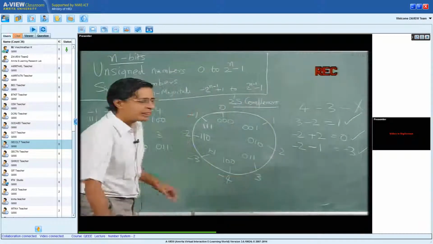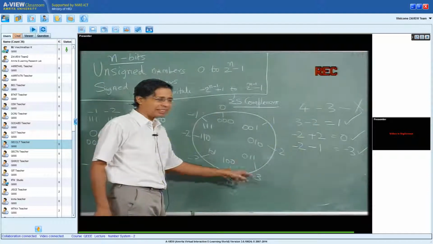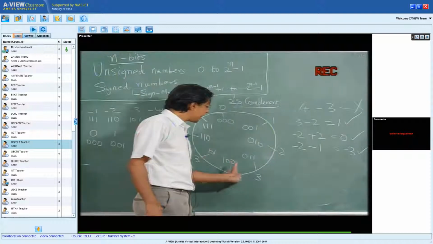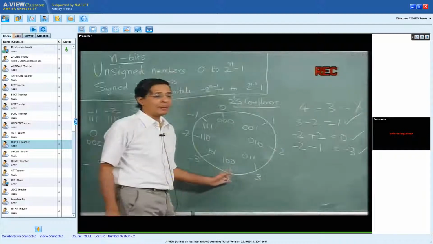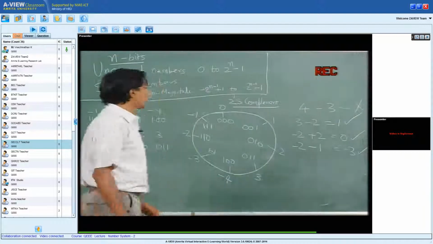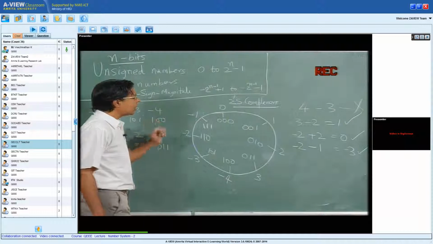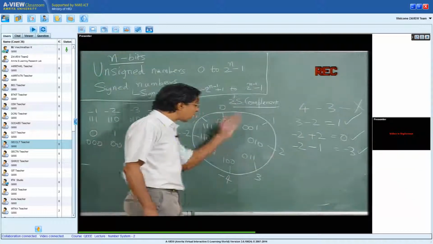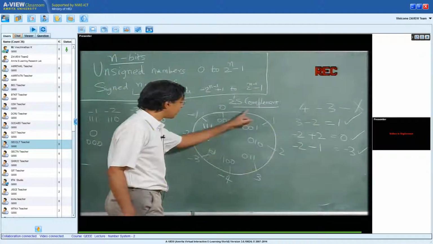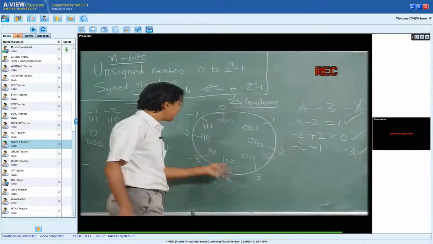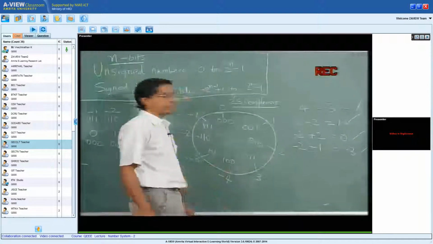Please do understand that I could not do 4 minus 3 because the maximum positive number I can represent is 3. I also can't do anything like minus 5 plus 1, because the minimum representation I could have is only minus 4. Please note that, so assuming that all the inputs I am going to get are within this range, say 0, 1, 2, 3, and minus 1 to minus 4, I can't have anything less than minus 4 nor something greater than 3.